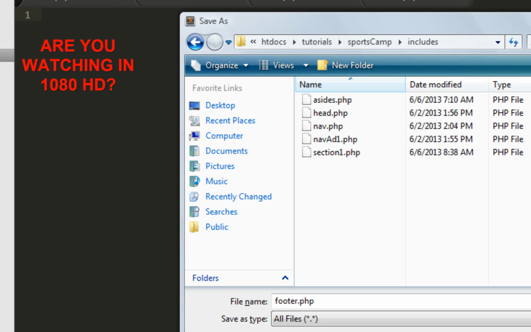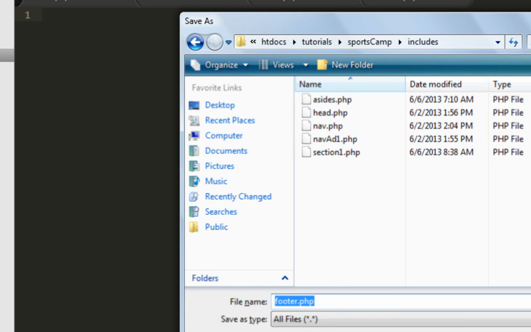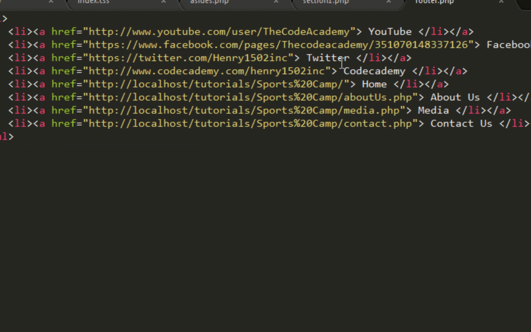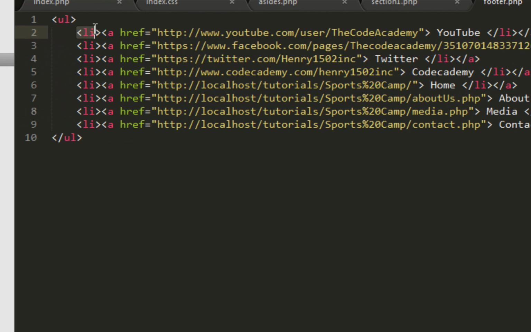I'm back, and today we are continuing on with our web development tutorial series. Now, what you basically want to do is create another file, name it footer.php, and save this file inside of your includes folder. And once you do that, all you have to do is bring up the unordered list tags and make sure you copy these down. Now, the reason why I chose lists instead of tables is because lists are way easier